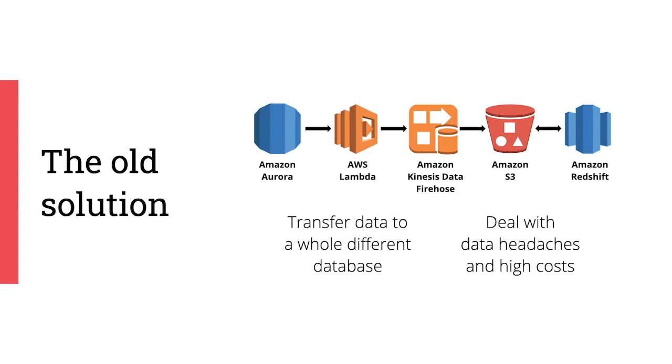And we've been doing the old solution that we all know. Transfer your data to a whole different database, because we have a transactional database, we're using Amazon Aurora, and to have the power of analytics, we need to transfer the data inside Amazon using events and eventually put our data in S3 buckets, and eventually our data would land in Redshift, and only at that moment we would be able to use analytical power.